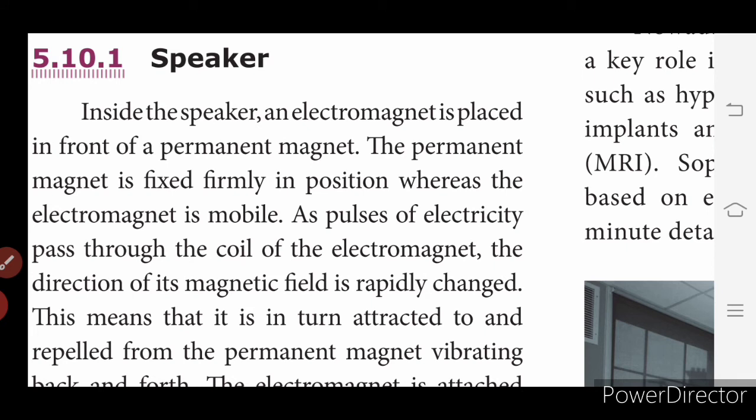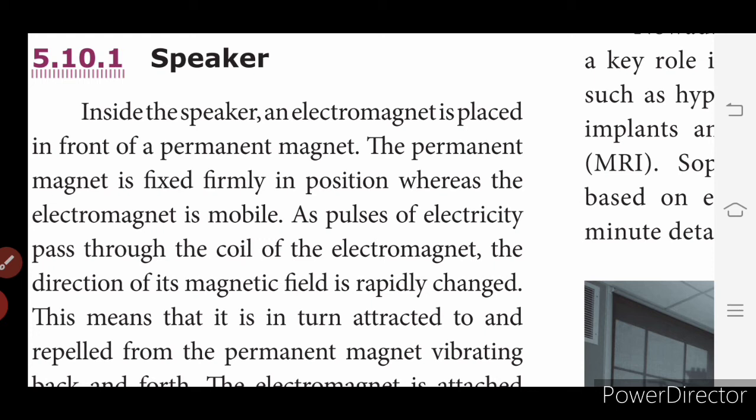So you all know the speaker. All electrical appliances have a speaker inside, in a TV, radio, okay. In the speaker, magnets are present because magnets conduct electricity. This will help you to change the voltage of the current. Okay, so high voltage into low and low voltage into higher voltage, you can reduce the volume. So for this purpose, magnets are used inside certain electrical appliances. So first we will see about the speaker.